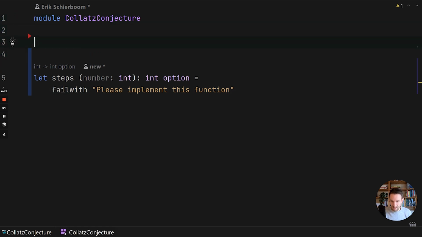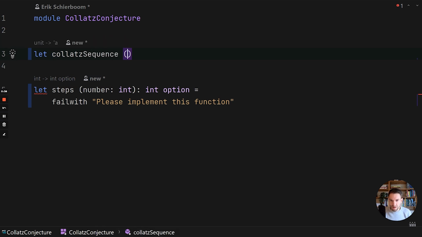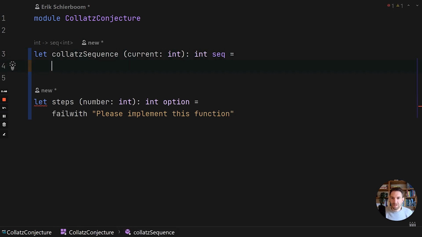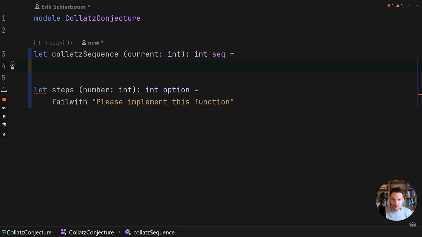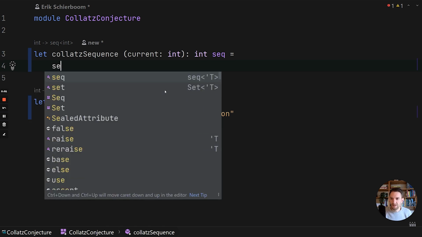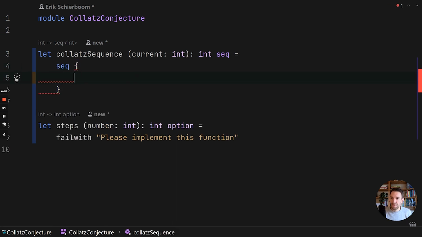So we'll define a helper function called collatzSequence. It will take a current number, which is an integer, and it will return a sequence of integers. So let's see how that works. What we're going to do is use the computation expression, the sequence computation expression. So we're wrapping this in a seq, and then with curly braces,